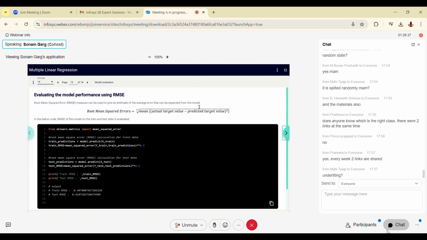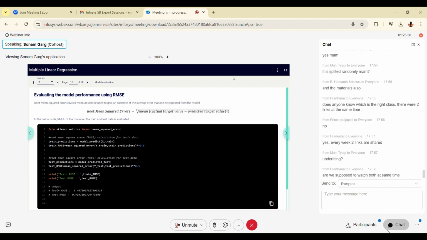We have some other predictors for finding the accuracy or checking the errors. We talked about sum of squared errors, SSE, SSR, sum of squared regression, and sum of squared total. All these three things give us the coefficient of determination, that is the score. So simply you can write model.score to check that score value, the coefficient of determination. The other way you can do is find the difference between the actual target values and the predicted target values, and find the root mean square error.